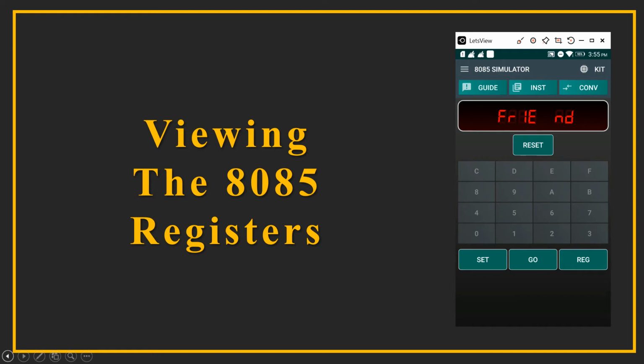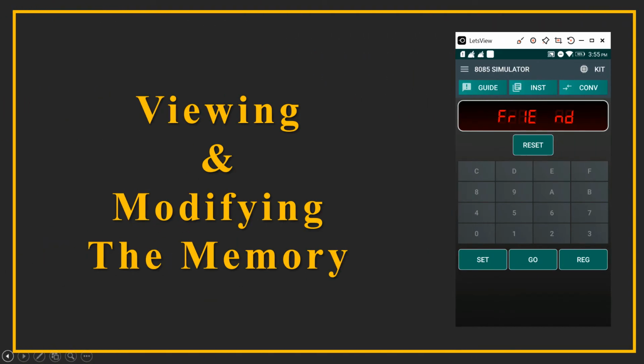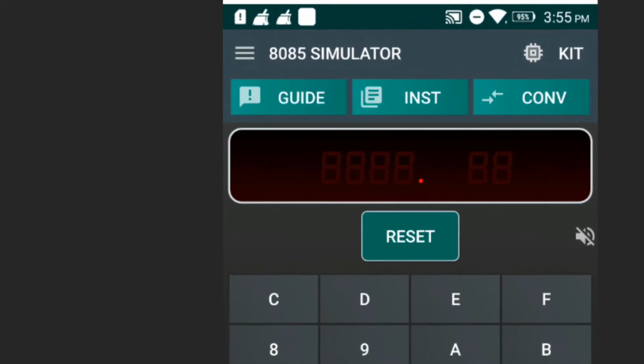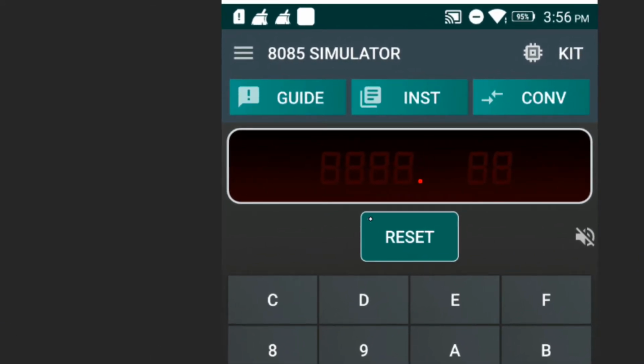Next we want to see the memory, and we can also modify the memory. The registers cannot be modified, but the memory can be modified. So for that we have to press the set button on the kit. When you press the set button, you find that on the display there is a dot over here.